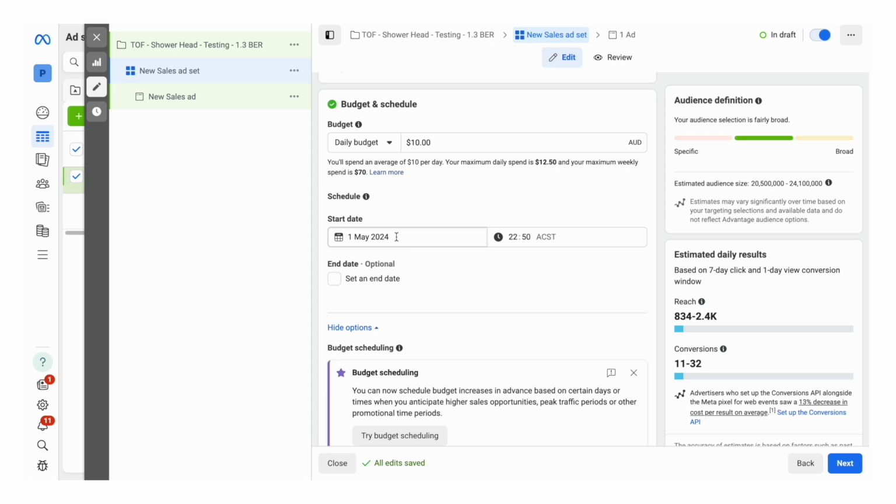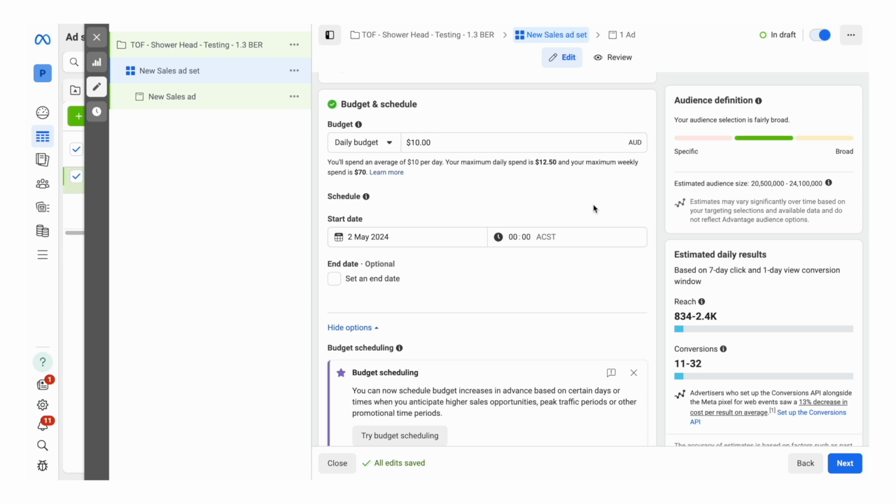For the start date, we want to select tomorrow and we want to set it as midnight. So this means the ads are launched and they have a full day to run. One mistake that people make is that they don't set the start date. And so the ads might go live in the evening time, your time, and then Facebook is just rushing to